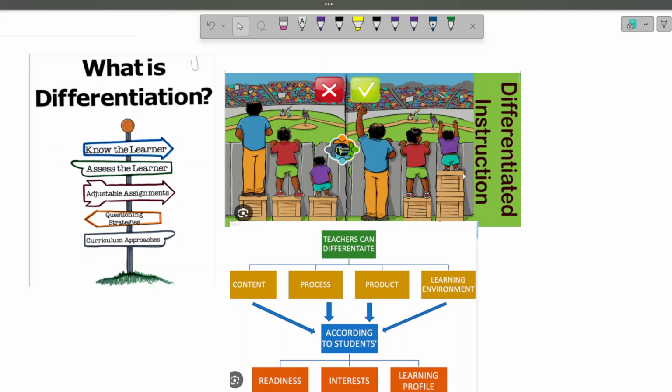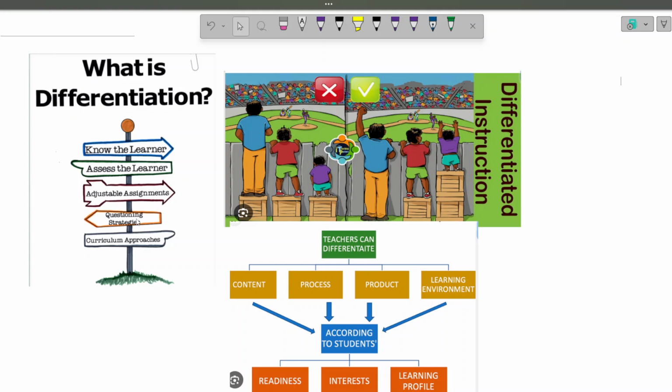Hi everyone. Today we'll discuss differentiated instruction. How can we differentiate the instruction? For that, the first thing we need is to know our learners, assess the learners, and adjust the assignment according to